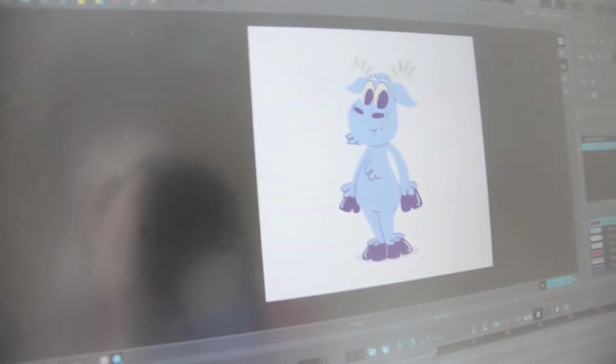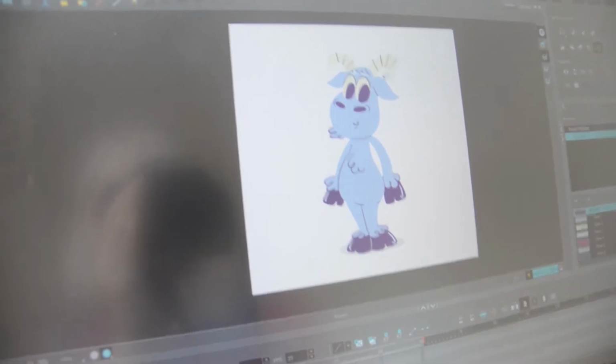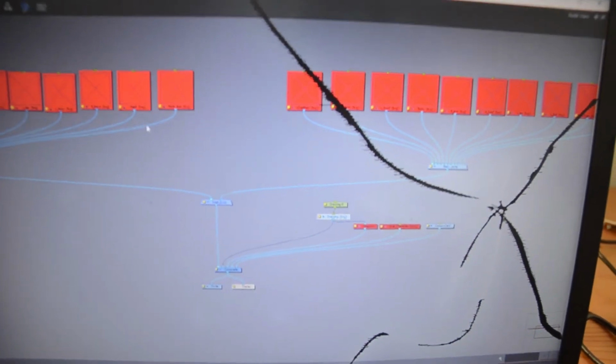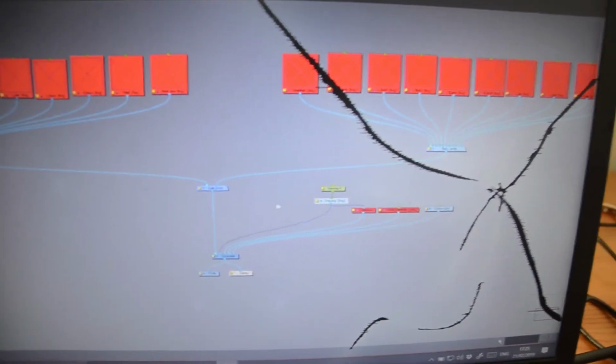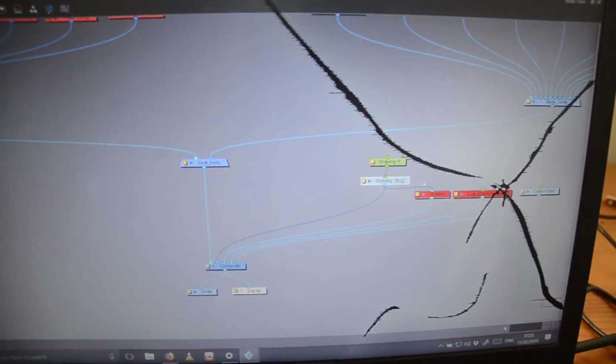So what I have to do is I took this drawing, and you can see, so this is the drawing here. And if you think of this as like a spider diagram, so this is our screen. Anything that's plugged in here means we can see it. So this is the drawing here. So if I turn that off,